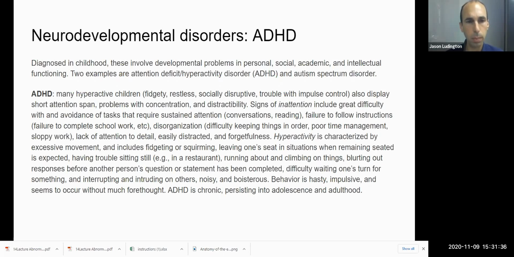So they probably mask their symptoms better or compensate or somehow maybe they can overcome their symptoms to some extent. But adults will show signs that they have it. So it's not like you really permanently grow out of it once you become an adult, but the symptoms are less severe, maybe more masked.